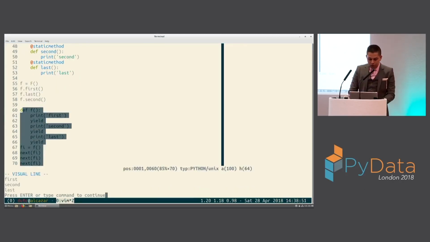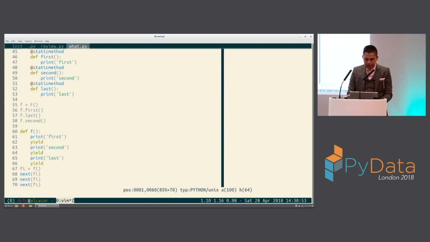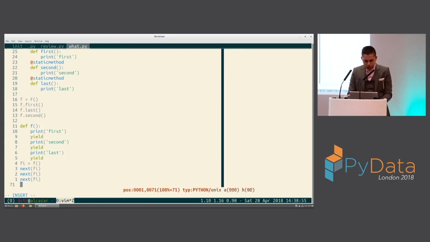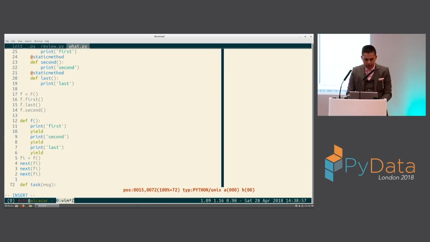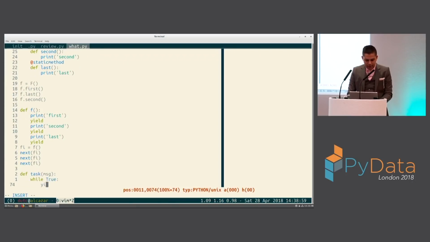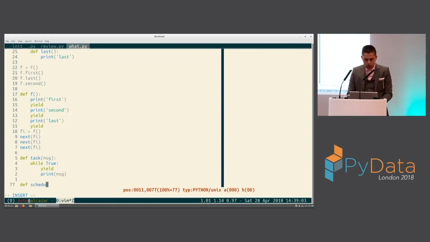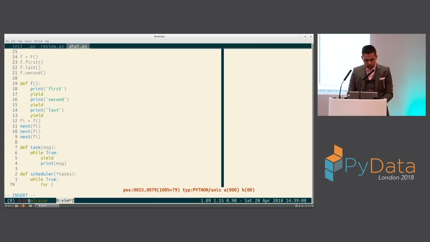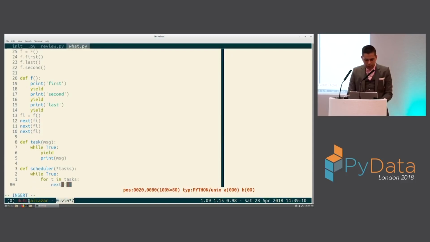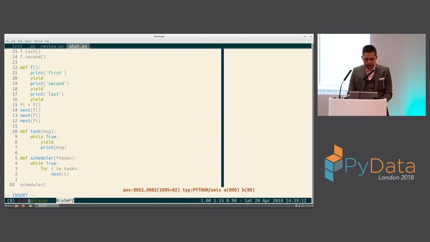And we might even know that in Python 3.6 and later, we have this async await structure. So we can even do stuff like this, create tasks that yield and print some message out. And we can write our own scheduler, right? And we can just do something like scheduler, task hello, task goodbye, and we can see it.